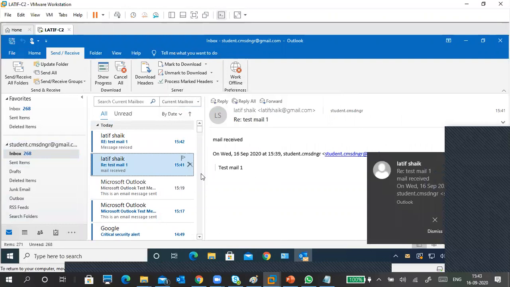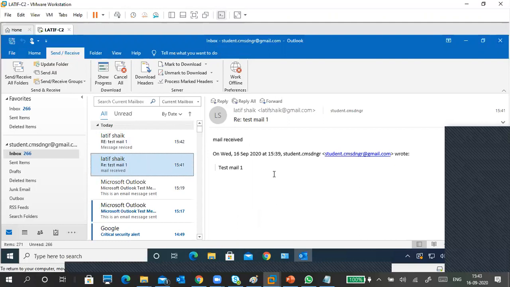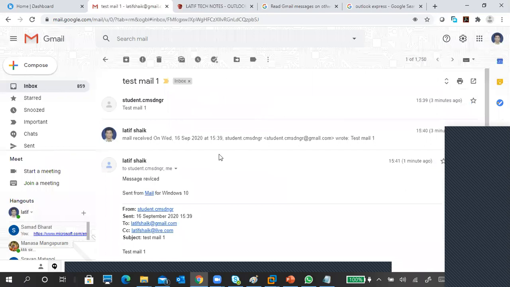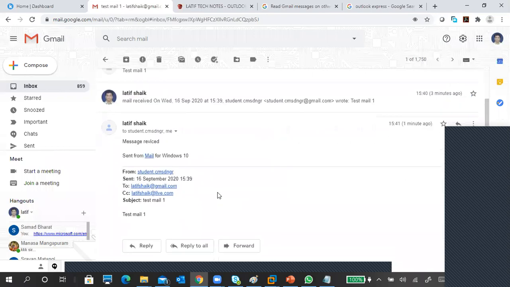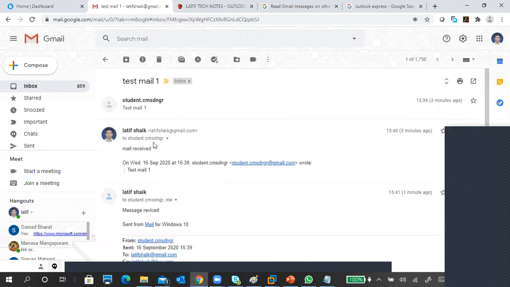Mail received, and message received. This is the reply all type, and this is just a reply, right? From live. Okay. So again, I am going to check this one. Because reply all means everybody is getting the mail. See, reply all means I am getting it and others also will get the mail. But here only reply. Reply means only to the address of whoever sent a mail to me.